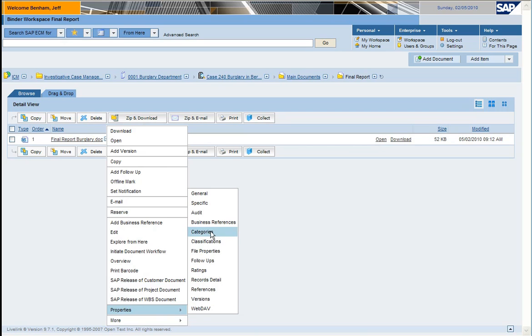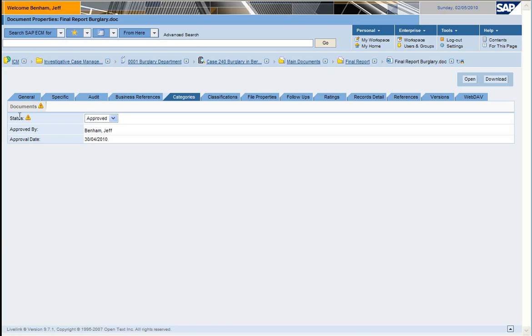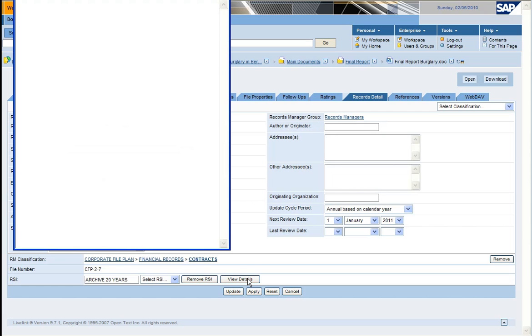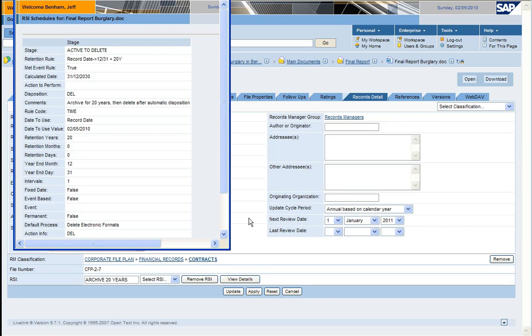and open the metadata section of the document, we see that the document has now the status approved. It was approved by Jeff Banham and the approval date was set. When we look at the records detail of this document, we can see that this document is now put under records management control. So it's no longer changeable and it's no longer deletable. You could also check the case details, retention periods,